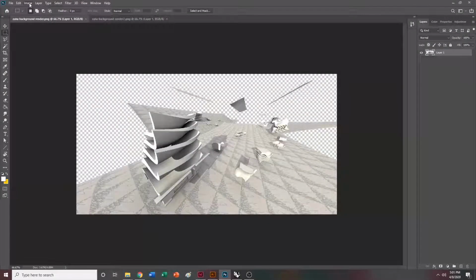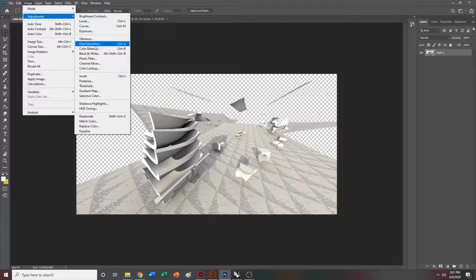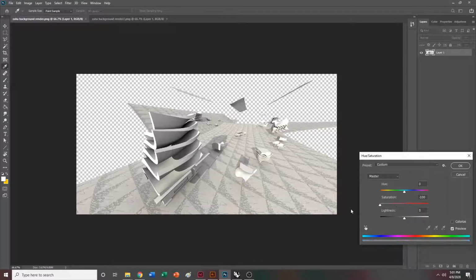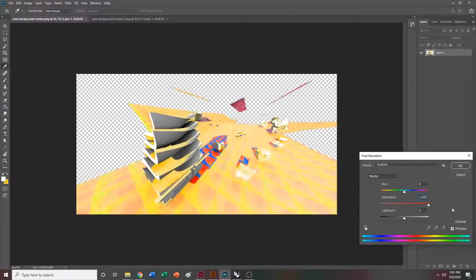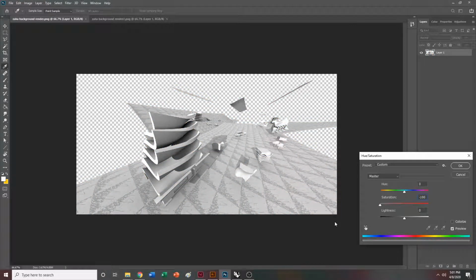So I'm going to go ahead and do Image, Adjustments, Hue/Saturation, and then put the saturation all the way down to 0. And what that's going to do is, of course, make it grayscale, as opposed to this really vibrant, crazy saturation, which you can do too, especially if you do her Metropolis paintings, which were really red and stark. But for the sake of this tutorial, I'm going to put it all the way down to 0